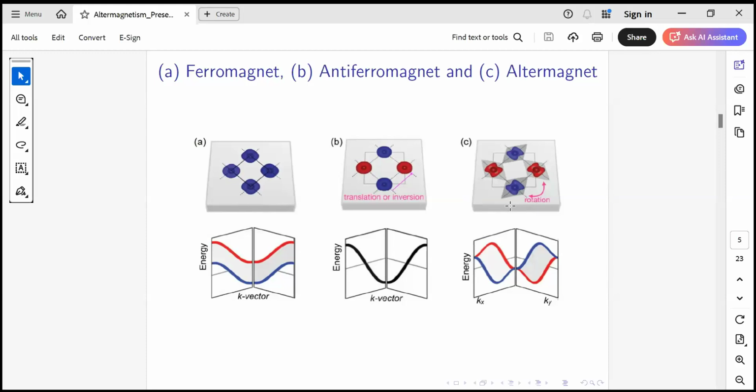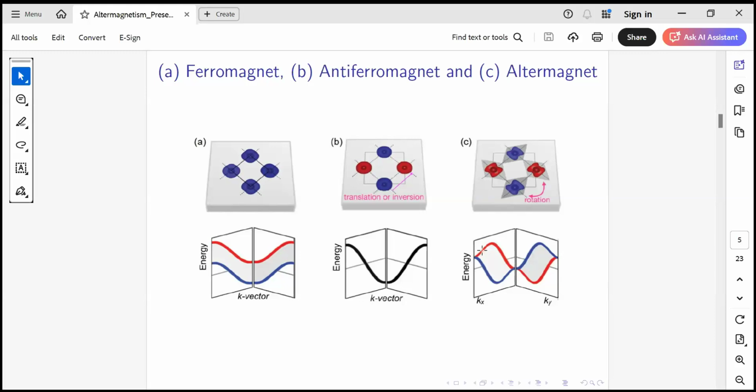But if you come to the altermagnet, you will see how the spin densities are arranged. The spin density is not exactly spherical, nor is it square shaped. It is something like a dumbbell shape or some kind of orbital type. This shape of the spin density we call the D-wave symmetry, because it looks like the d orbital. If you come down to the bands, you will see there is splitting, but it doesn't look like the ferromagnet type. It has a slightly different type of splitting.